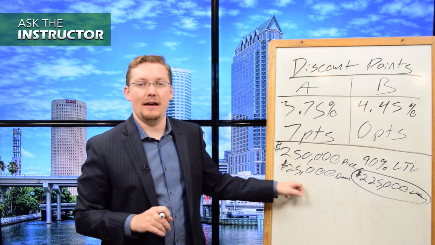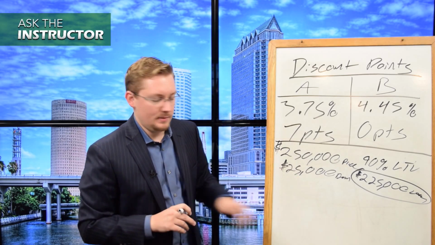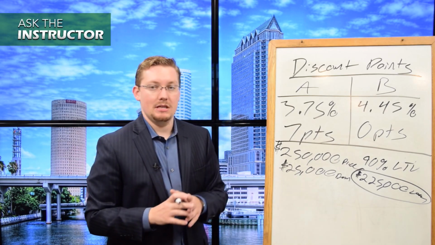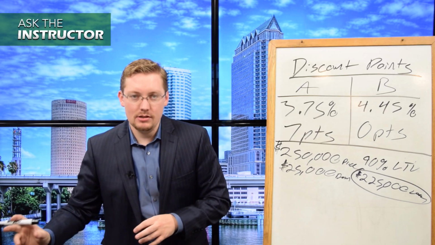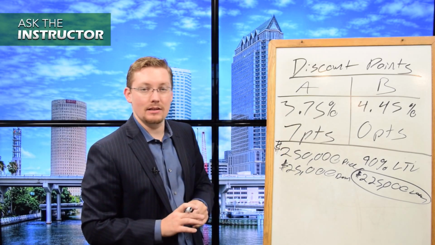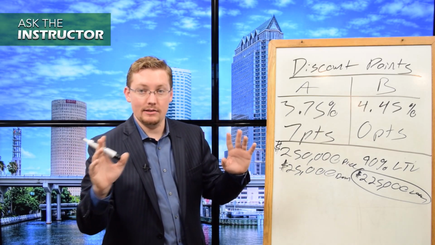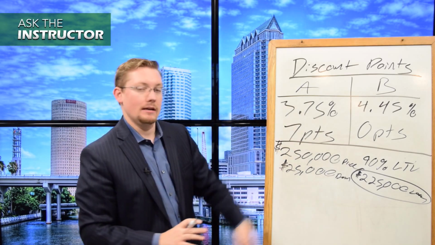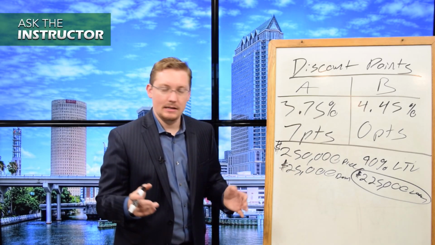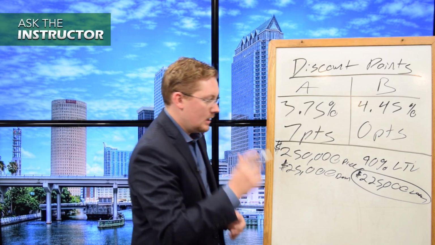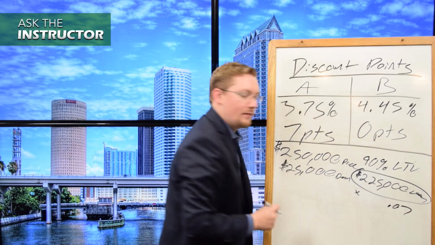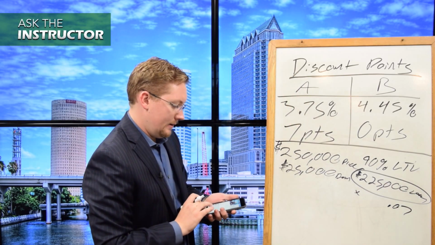So in addition to the $25,000 down your client would be having to pay, in addition to that $25,000 they're already having to pay out of pocket to go towards the equity of the property, and in addition to their closing costs or whatever other fees they're going to have to pay, they also have these 7 points on this loan. This might eliminate this as an option altogether. So this might be a real quick and easy way to say, hey, you know what? Discount points aren't an option because we only got about $27,000, $28,000, whatever it may be to close with, and we can't really fit that into our budget. So in order to figure this out, we're just going to take 7% of our loan amount,